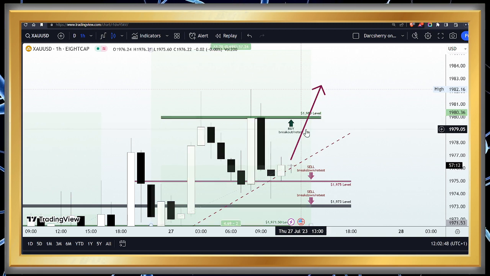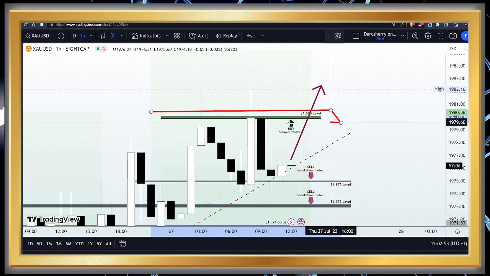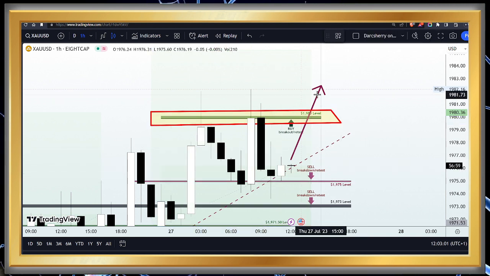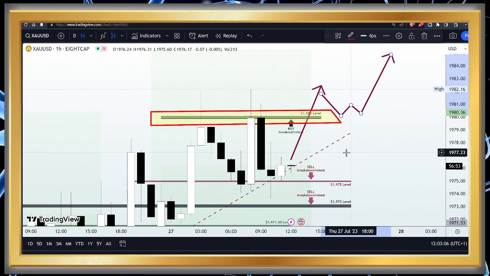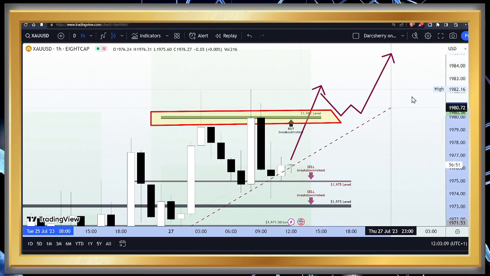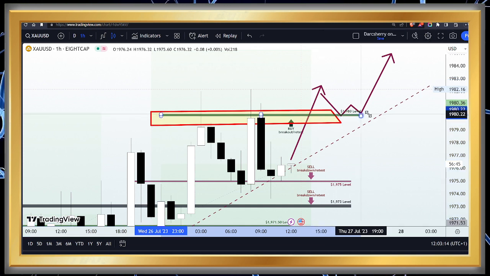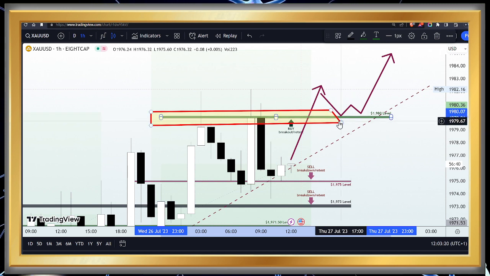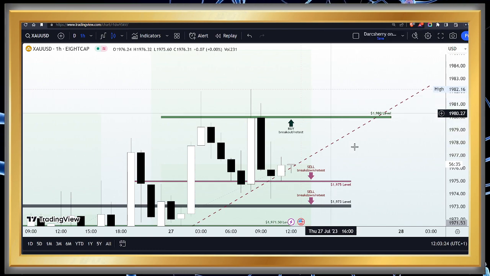Now, for us to buy the XAUUSD, we would need price to take out all the sell positions at the 1,980 to feel confident of joining any bullish move at this point in time. And if you are a cautious trader, you might want to wait for a retest of structure to happen as a confirmation to be part of a bullish move. But one thing for sure here is that if price remains above the ascending trend line, we shall feel comfortable. And in fact, the 1,980 also has something to do with the ascending trend line, where a retest will give us a very beautiful confirmation to be part of an uptrend continuation.